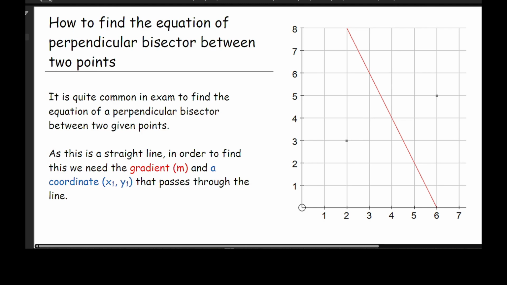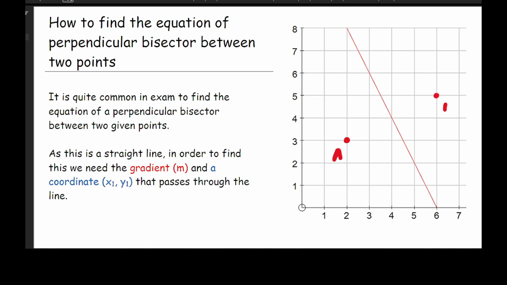Now, if you think back to when you did loci and you're trying to find the perpendicular bisector between 2 points, in this particular example, what we're doing is finding the equation of that straight line. Now, if we think back to what a perpendicular bisector is, if I take this point here and call this A, and this point here being B, and draw a straight line that connects those 2 points,